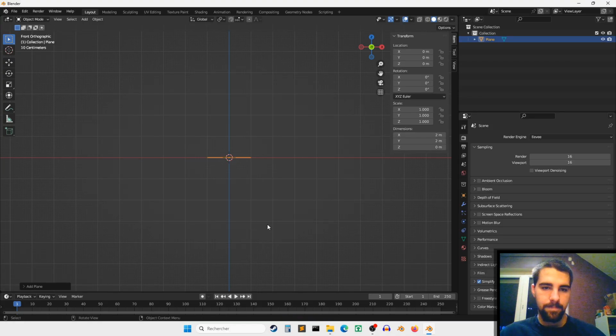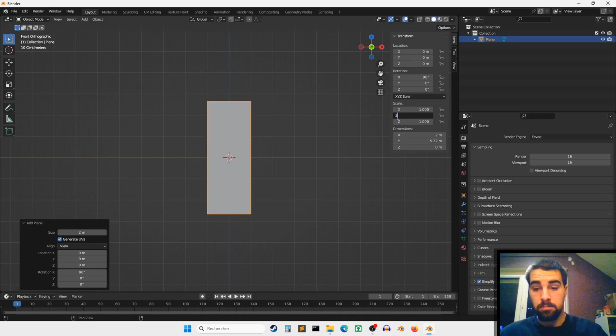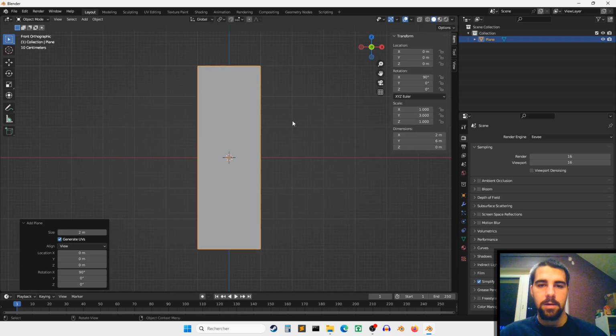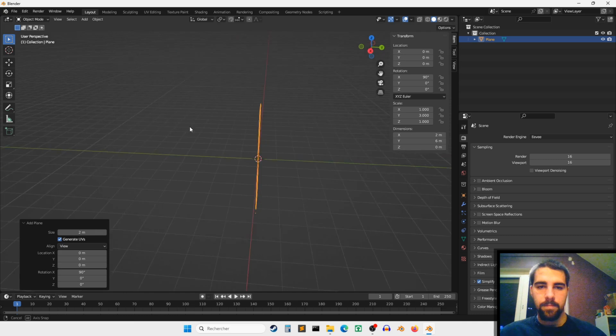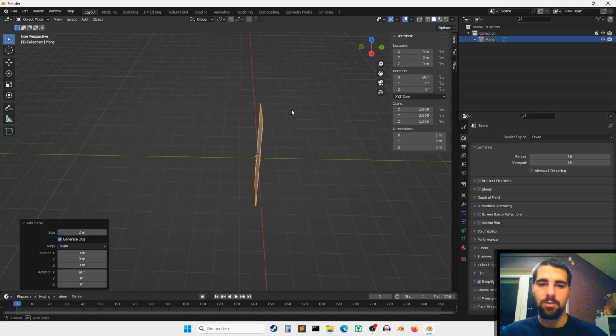Shift A, plane. Let's put it to the view. Let's put a scale of maybe, let's say 3. Now I want to rotate it in the other direction,